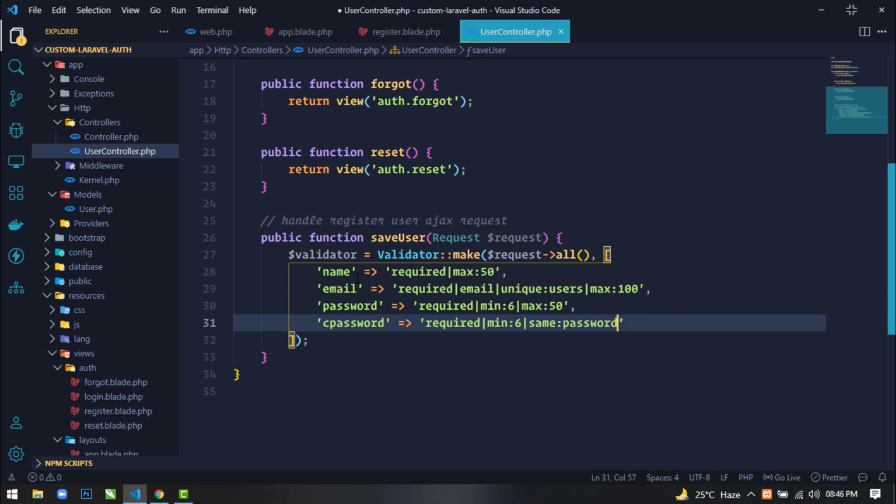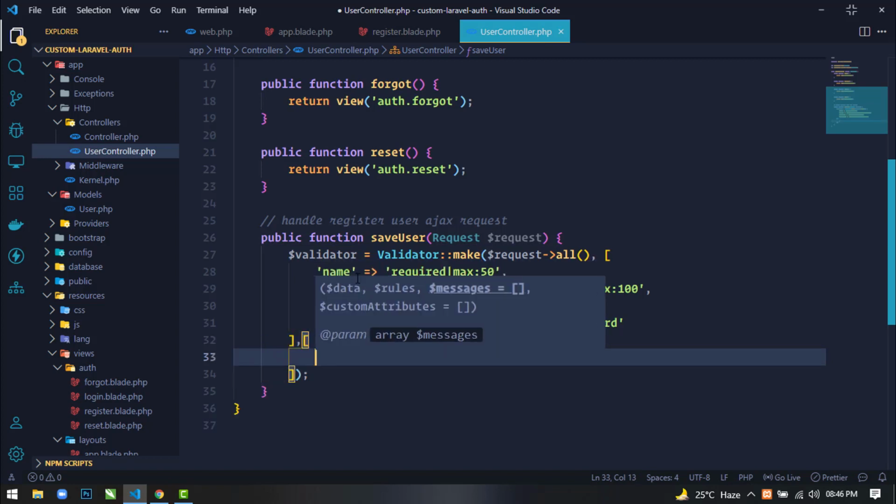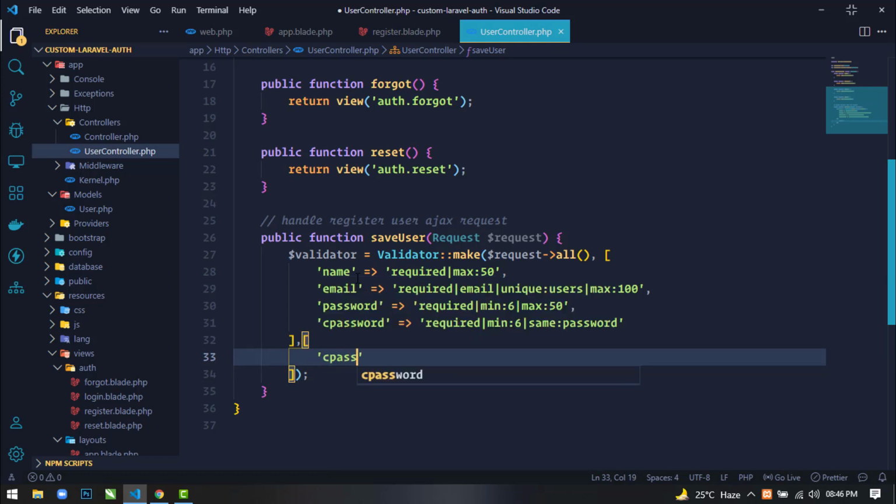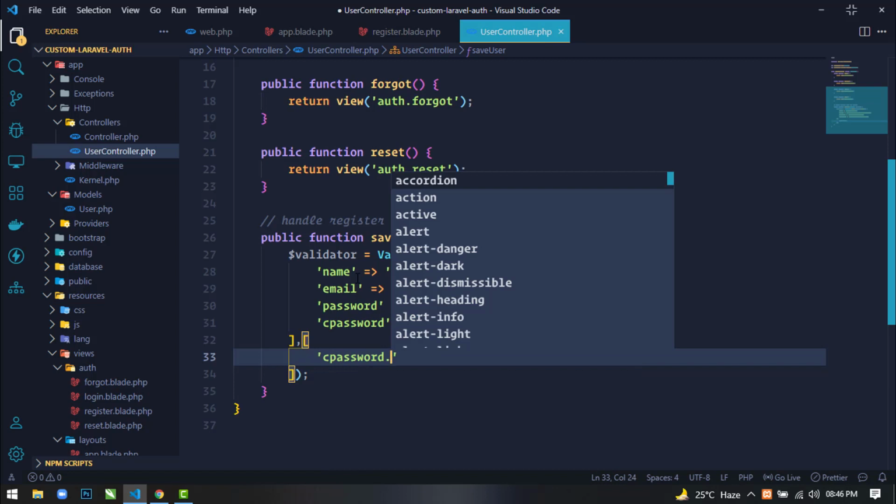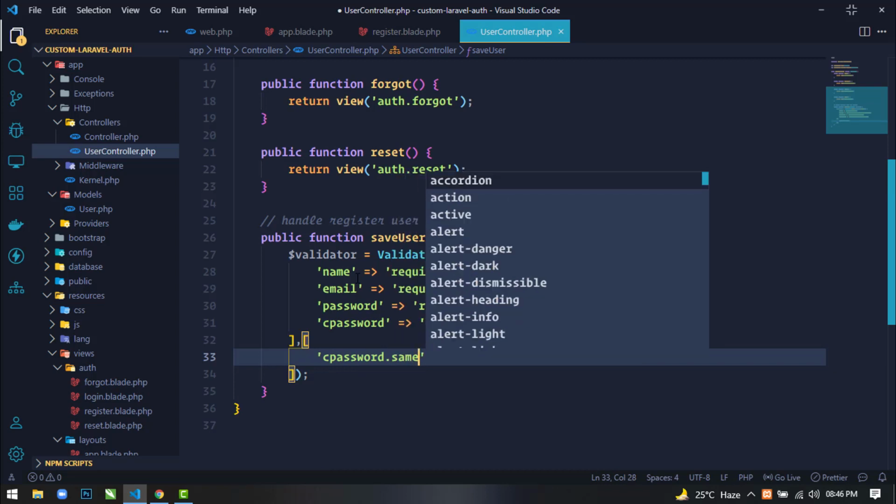Okay, now I will also define some custom messages. Okay, so here again I will use these big brackets, and here I will use c_password.same.